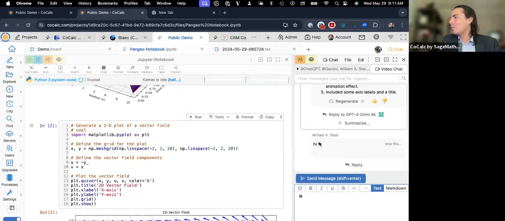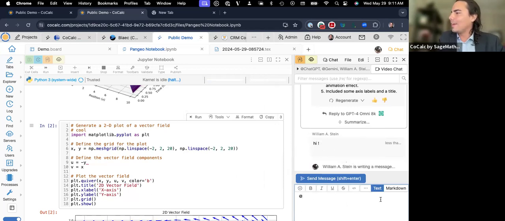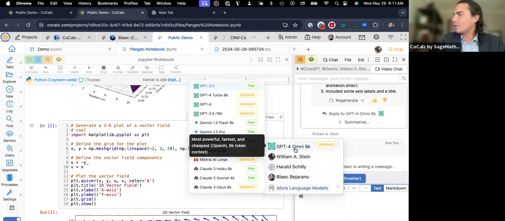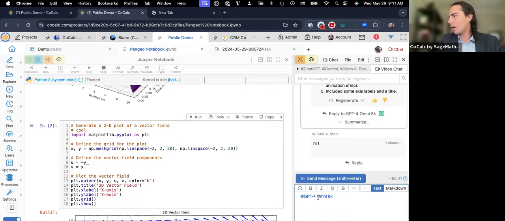But here you can see that William was in fact writing just less than a minute ago and said hi. And the other thing that I'd maybe want to go ahead and point out here too, just for fun, is you can actually run code cells directly in the side chat. So here I'm going to go ahead and use GPT-4 Omni 8K, and I'm going to say something like, I don't know, create me a script